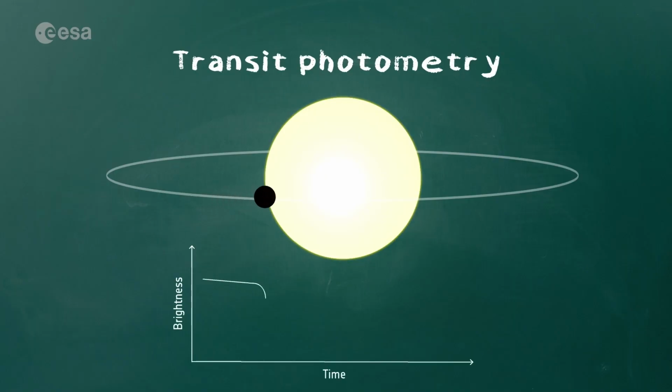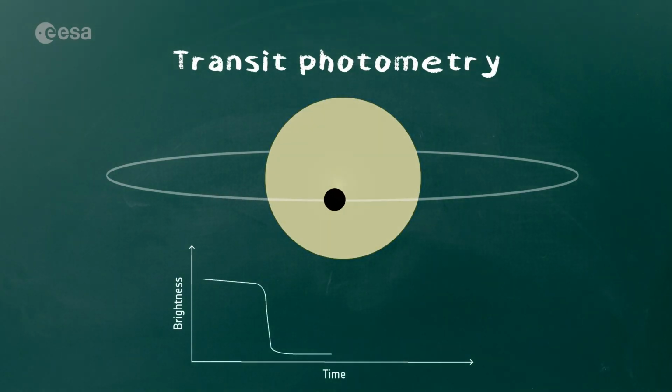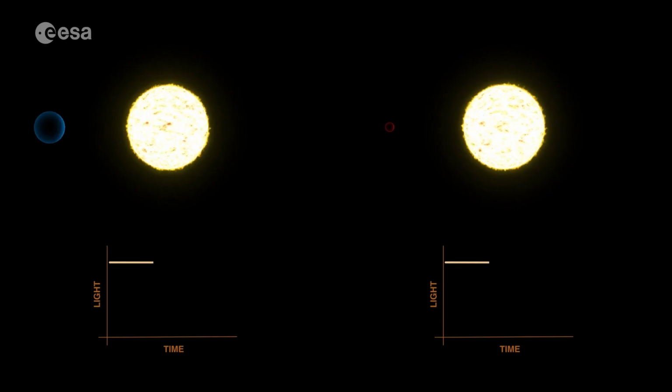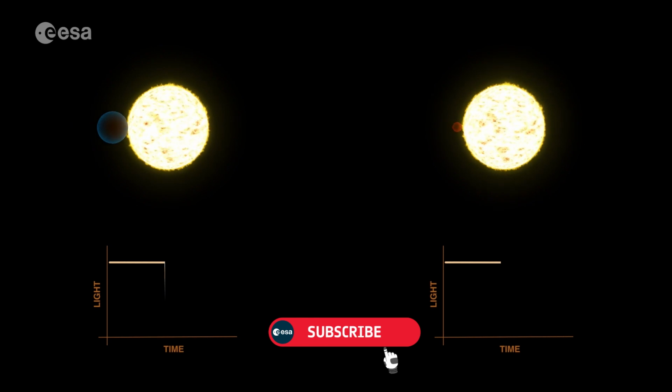Determining the size of an exoplanet is simple if we use the transit photometry method. This method is used by the Cheops satellite, with which I'm currently working at ESA. When using this method, the telescope measures the amount of starlight over a time period. We do not directly detect the exoplanet, except for very specific cases.